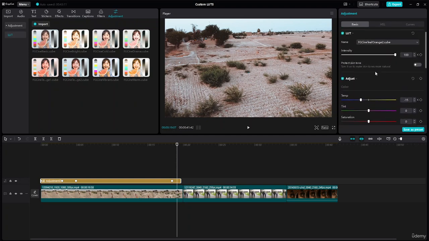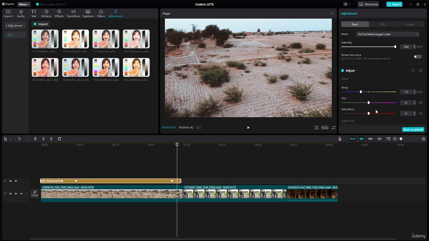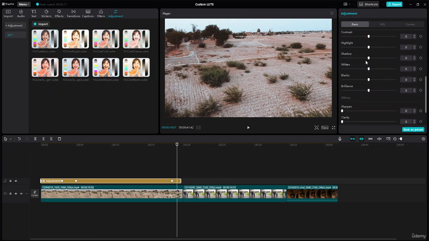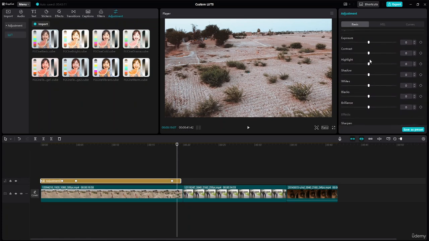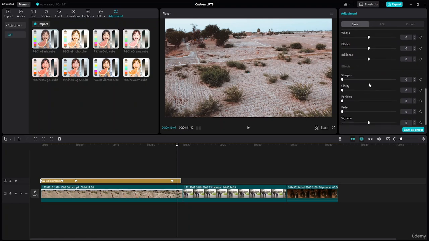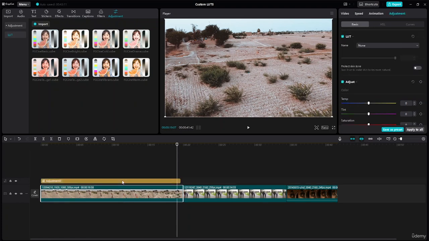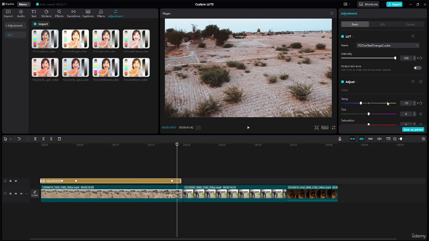And same way you guys can basically change out the tint, the level of saturation, the exposure, contrast, or whites and the blacks. If you do want to sharpen it, maybe you want to clarify it or fade in or fade out, you guys can do all of this as well. So this was one way of applying a LUT inside your video, and that is how you guys can customize it as well. Okay, so let me just show you guys the other way of applying a LUT inside your